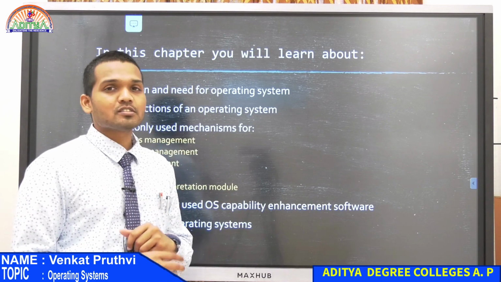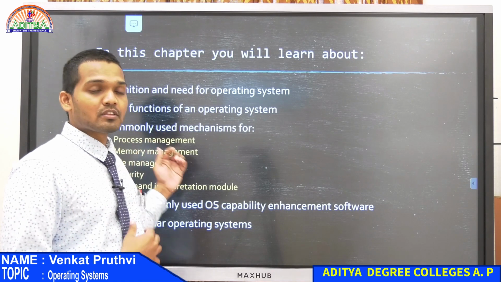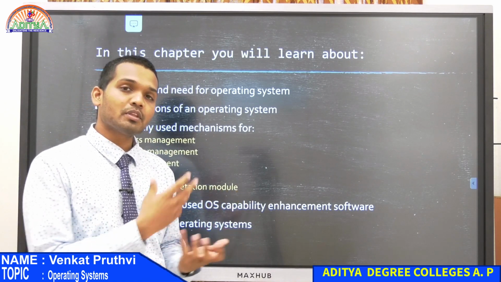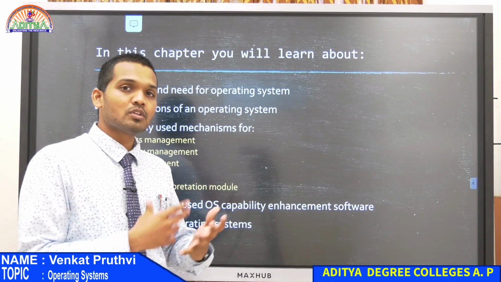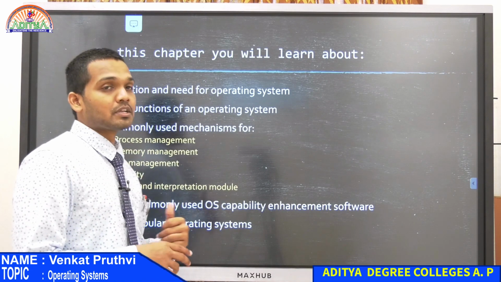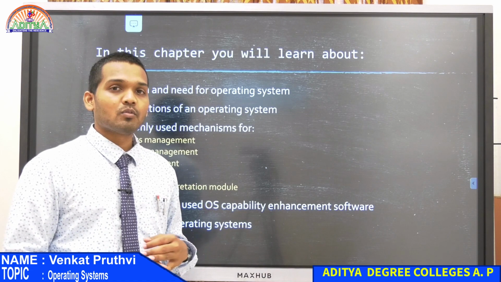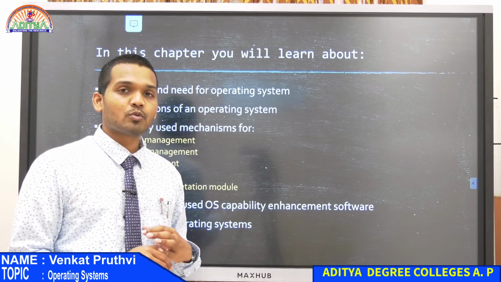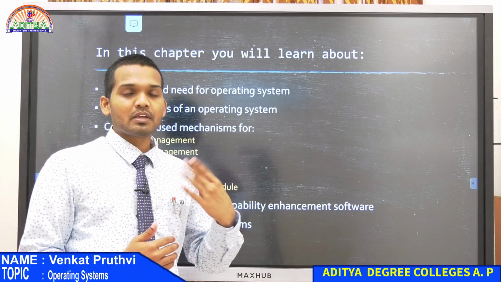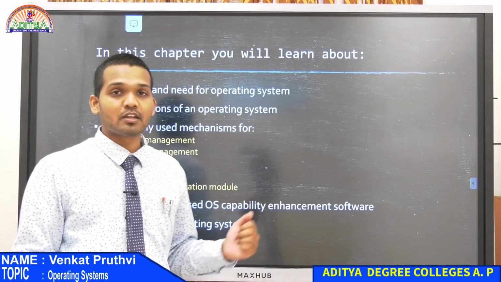For a process to be performed, we require process management. Without proper process management, the system on which we were working wouldn't do the required justice. And then memory management. If you don't have proper memory management in your computer, then whatever task it's performing, it won't be able to perform up to the mark, nor give you 100% efficiency for that task. And then we have file management.